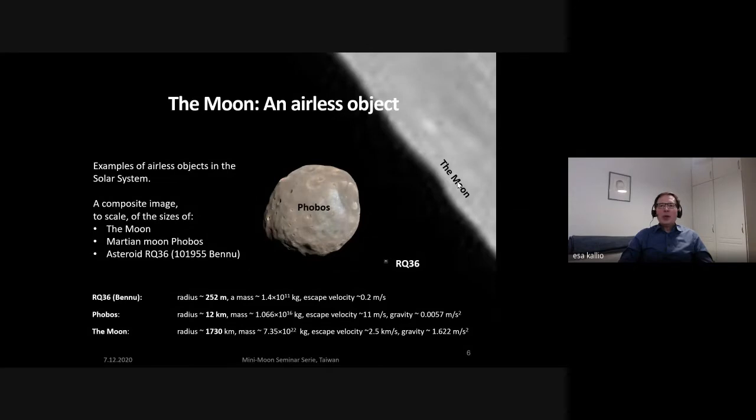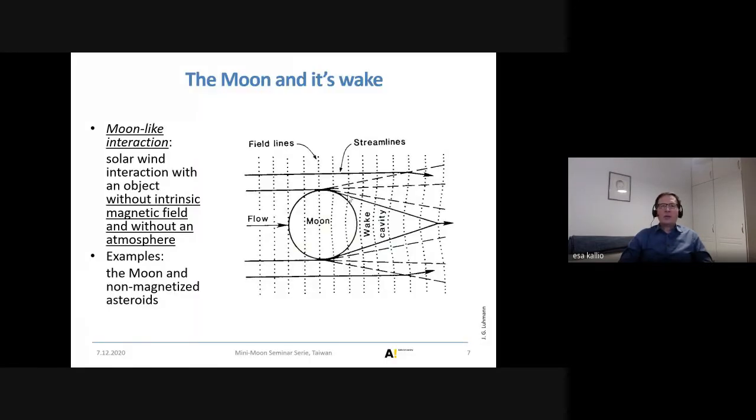If you want to simulate the moon, for example, I will discuss the dust on the moon. The gravitation at the moon, of course, is larger than at the smaller bodies. So from the simulation point of view, you also have to include gravitation if you have dust particles. But anyway, we are talking about a very common, general interaction type. And as we heard in the previous presentation,